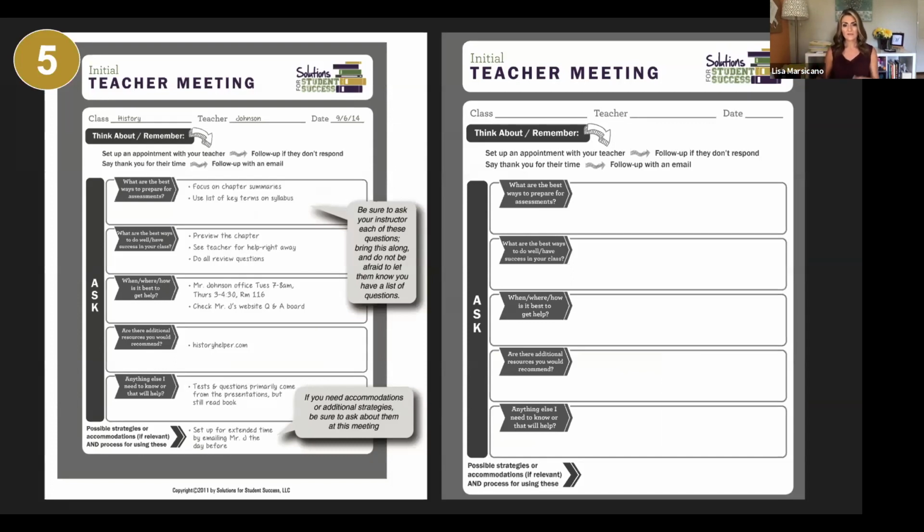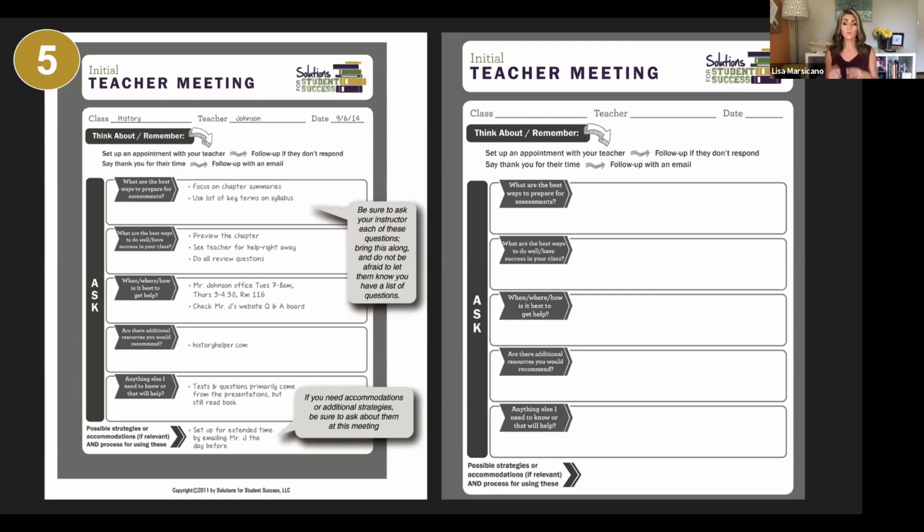The other thing I strongly recommend is that you have an initial meeting with your teacher. It's probably over Zoom or Meet or whatnot, but set up a time to sit down and just say, hey, I'd really like to do well in your class. And then there's a list of questions here that you can ask. How do I best prepare for your tests and quizzes? What are the best ways to really just do well in the class overall? Where can I get help and how do I do that? Or do you have resources that are additional that I can use?